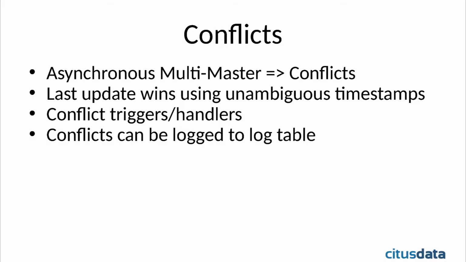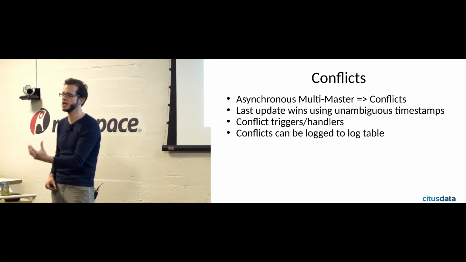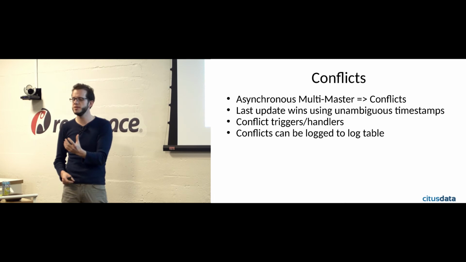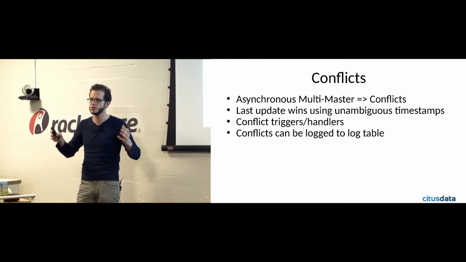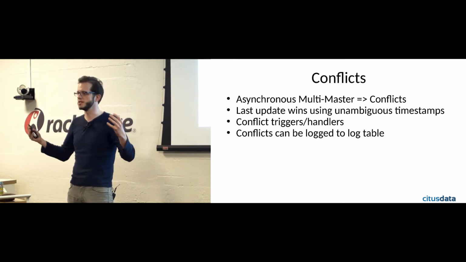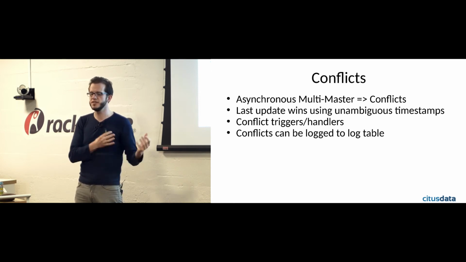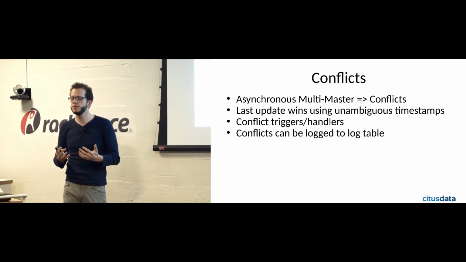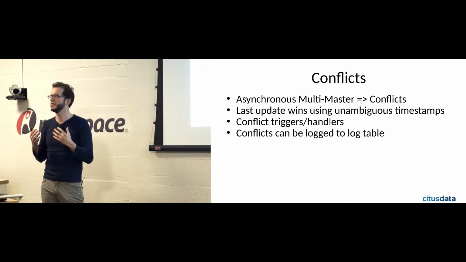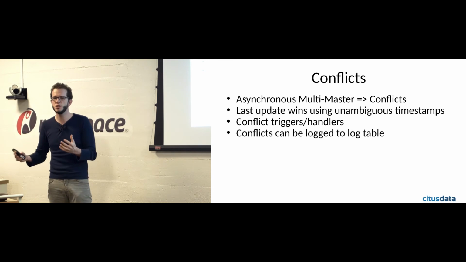So as I said earlier, BDR is an asynchronous multi-master solution, which means that you make a change and it can take a while till other nodes have that change. Which obviously means that if you do the same operation on two or more nodes in the network, there can be conflicts. You can update the same row, and you have to first detect that that happened and then resolve that conflict. By default, BDR does that with a relatively simple mechanism called last update wins,